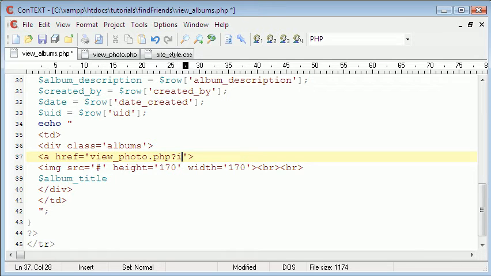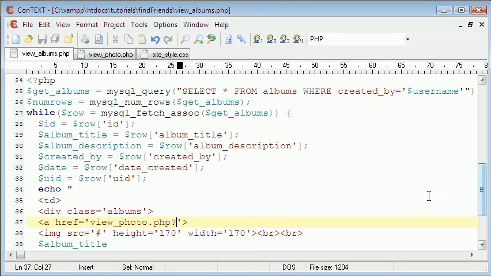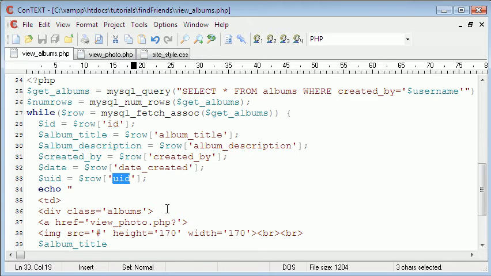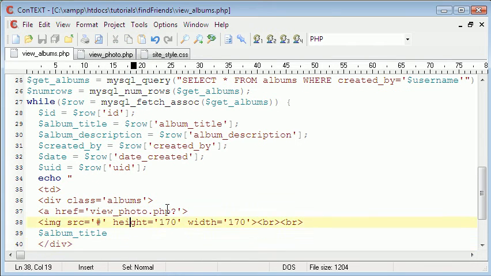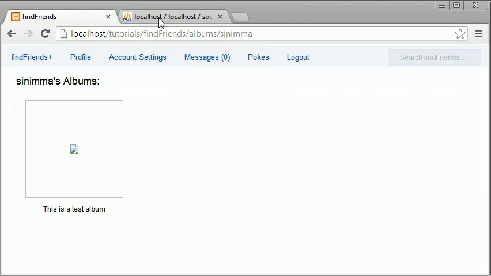ID, let me see. We'll actually say, we actually need to create, no, we'll say UID equals. Sorry if that didn't make sense, but we're going to view photo.php, UID equals, and then UID, and then down here we're going to end the href. So now if we refresh, we have a link that when we click on it,